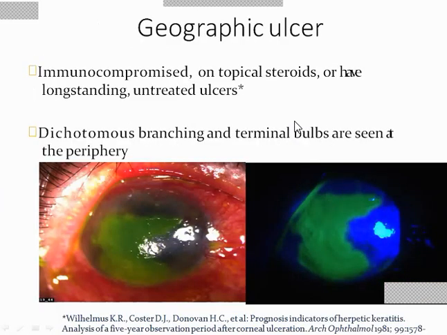Okay. The geographical ulcer looks like a map, like Australia or South America or something like that. It is seen in immunocompromised patients, those on topical steroids, and those with long-standing untreated ulcers. So how do you know when to give treatment for this particular type of ulcer? When the dendrite totally heals, there should be no staining of the epithelium, and then only you can try